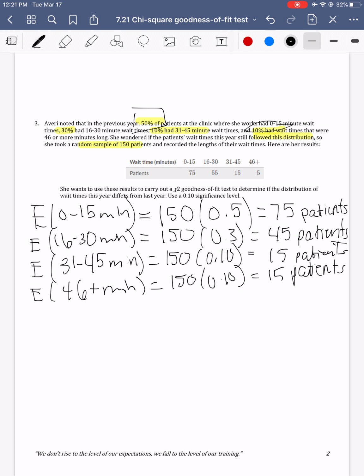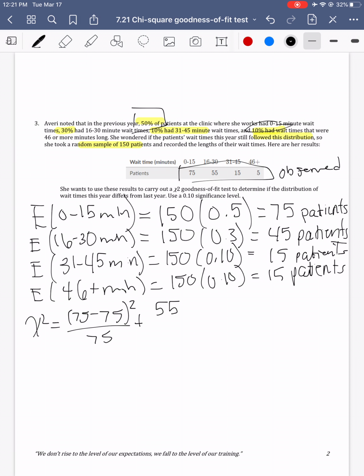So these are going to be our expected values for our formula, but our observed values are still the ones in the table. These are the observed. So when I'm calculating my test statistic, I'm not going to have the same expected value for every single term in my equation. So now I'm going to calculate my test statistic using the formula that we did before. We take the observed for the first value in the table, 75, minus the expected, which we calculated as 75, and then divide by the expected. So plus